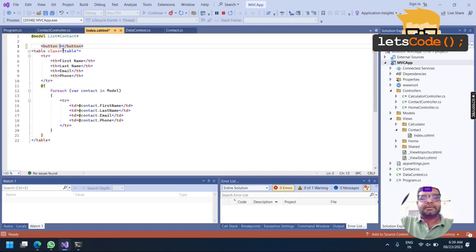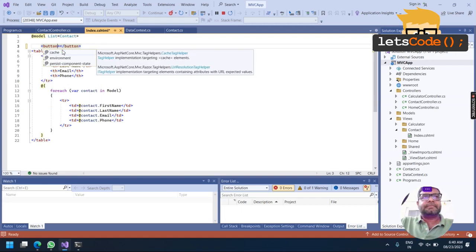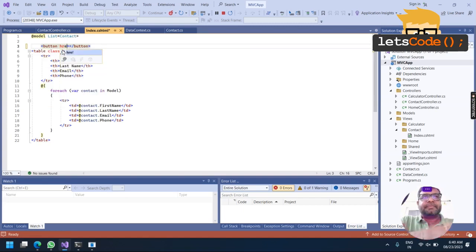I'll add a button. I'll name this, say, href /contact, add new. So this means in my contact controller I need to have an action method with the name add new.